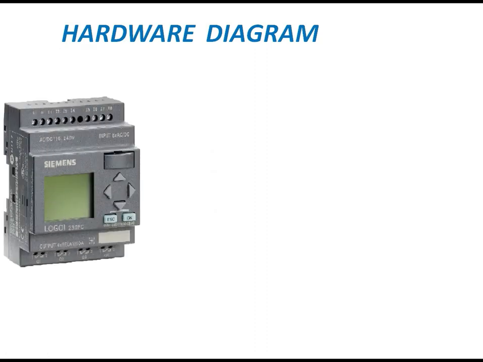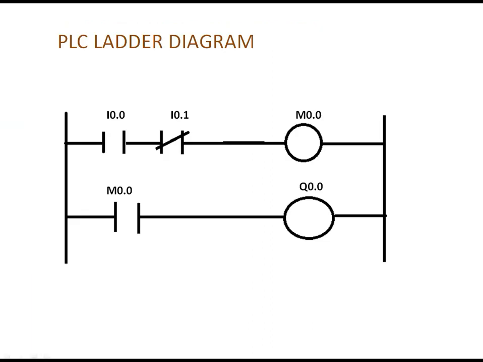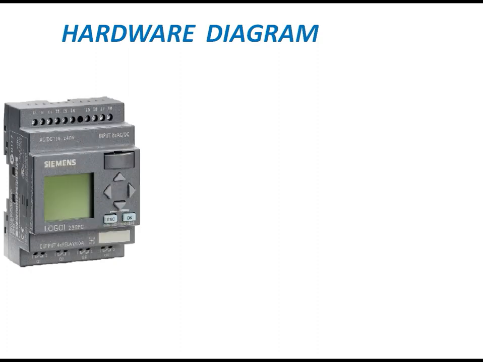See, this is the hardware diagram. Actually this is your real-time PLC. You can see here we have I0.0, I0.1. Here we have outputs Q0.0, Q0.1. So in the previous diagram you can check, this is your Q0.0, meaning actually this is a contactor, you are giving output, okay, but it is acting as a motor, whatever load you are connecting.